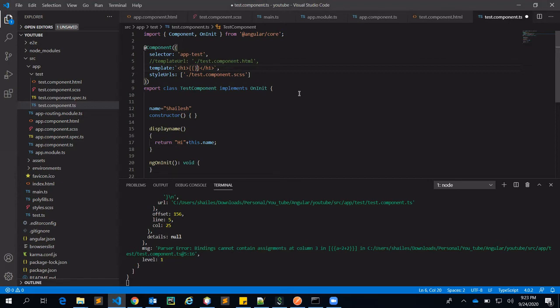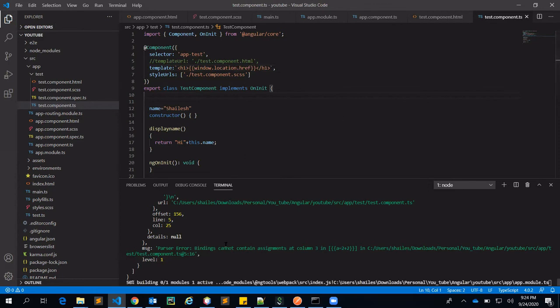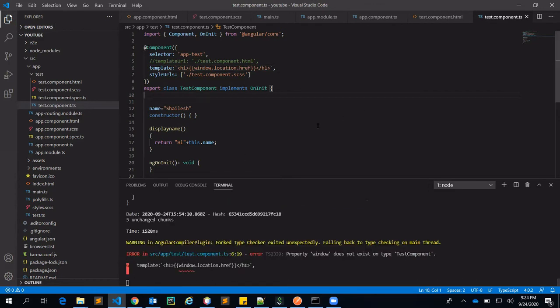And one more major thing that you can't do: just like we have seen, you can access most basic JavaScript functions, so you might also think you can access JavaScript global variables, but you can't. If you try to access a JavaScript global like window.location.href, it will again throw an error, because it is not able to recognize that expression. Angular fails to evaluate that JavaScript global variable.